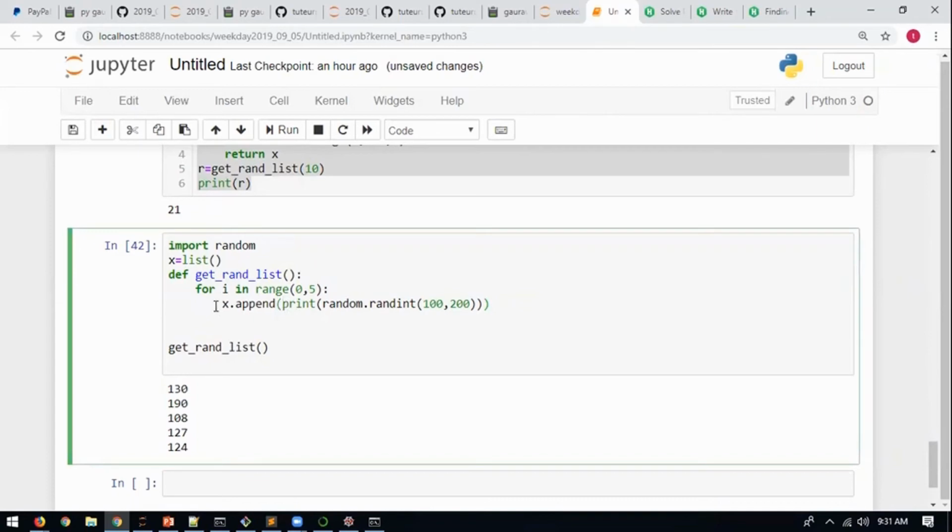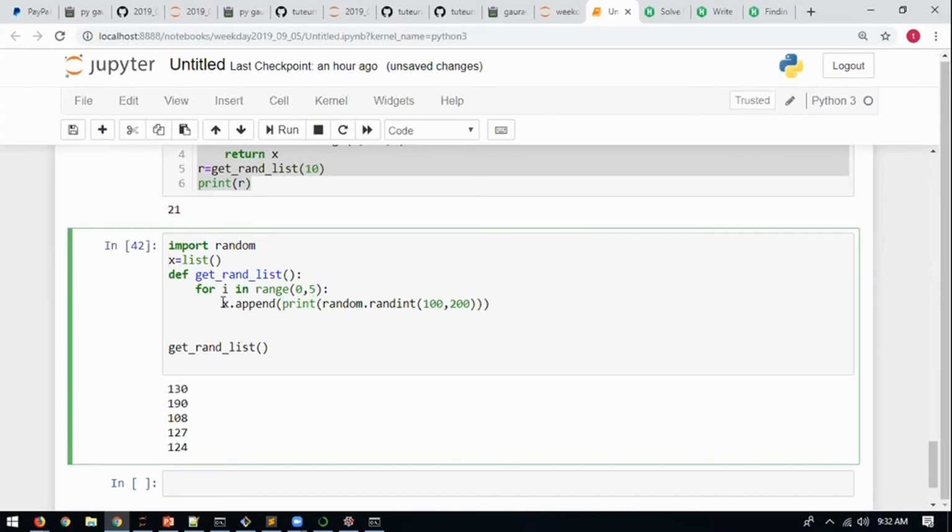No, just read your code. Whatever you write, the system is not intelligent that it will modify your code. It will do what you have written. So if it is not doing as expected, it means you have written something which should be changed. First, you have created a list there, x equal to list. That's fine, an empty list. Then you say for i in range 0, 5. What does it do? A loop.